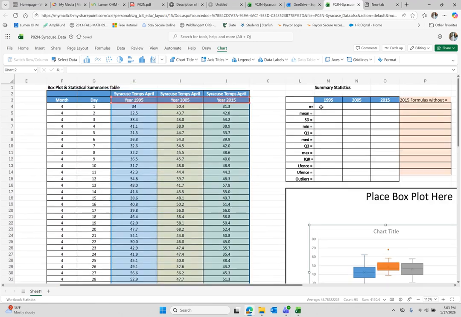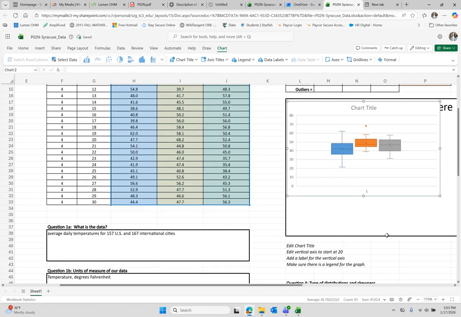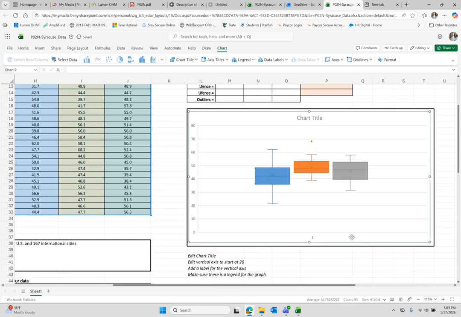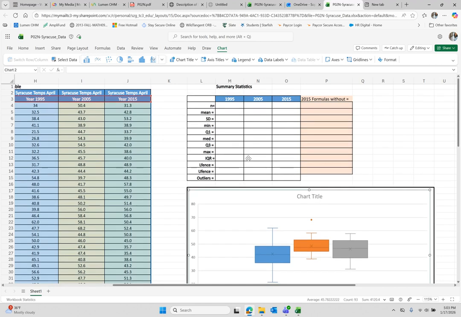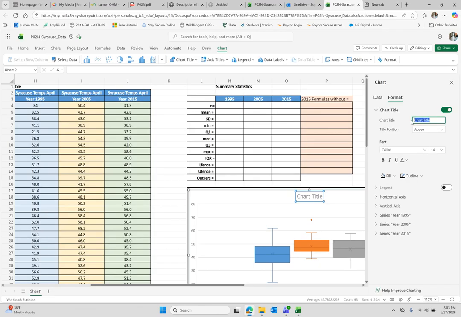Move it starting in L17 and let's enlarge it to fill the area of interest. There we are. So let's see what else we need to do here to fix this. Edit the chart title to describe what the chart is showing. So if your chart was the only thing that people would see, what do you want them to know that this is? And let's change the title to say